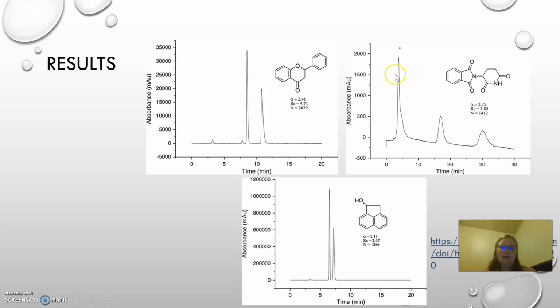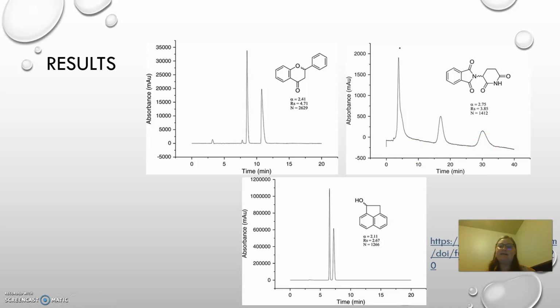So here we have thalidomide itself. The little squiggle right here just shows that it's talking about both enantiomers. It's not specifying the chirality of the molecule right there. As you can see, it has 2 different peaks here, which means that it's separated correctly.